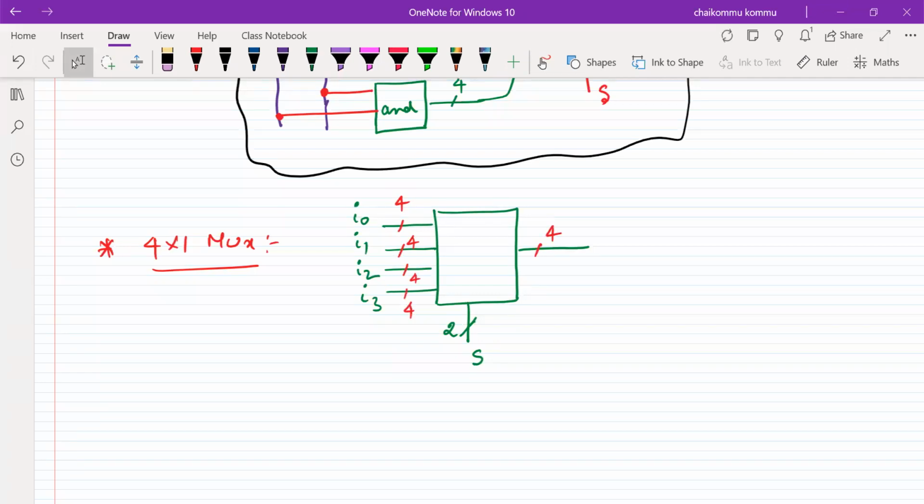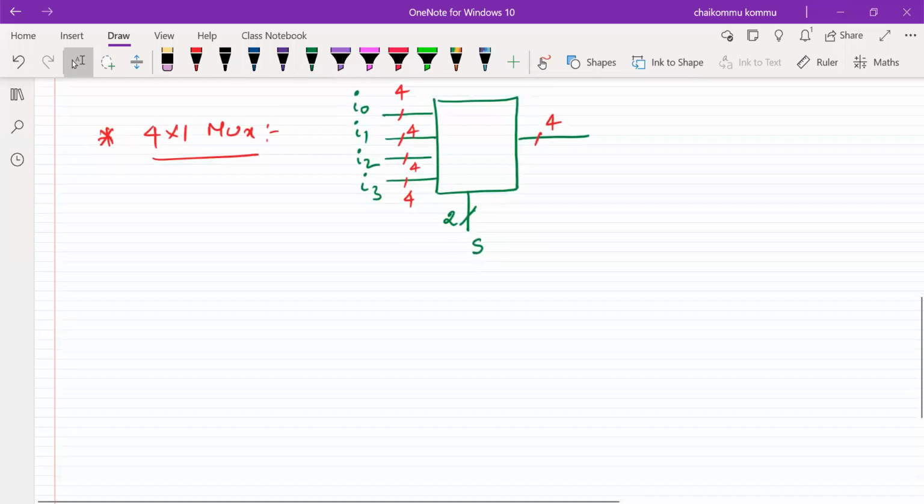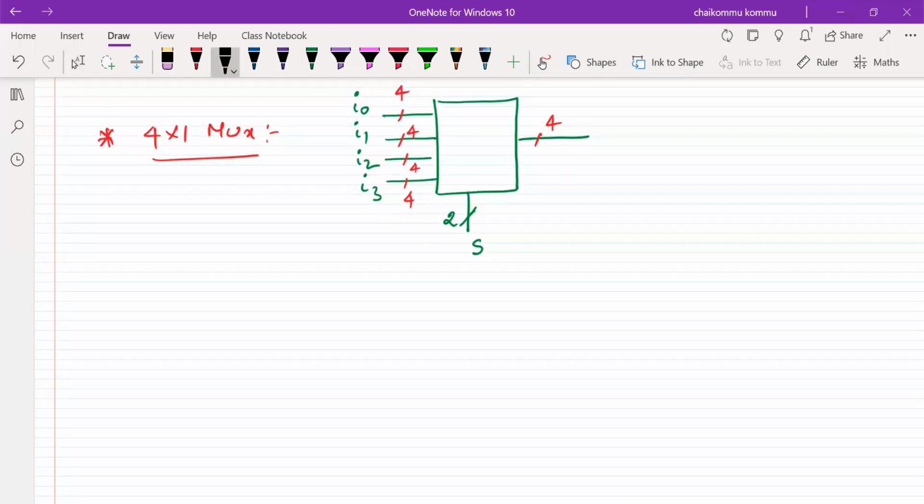So drawing the multiplexer by using the gates is very difficult. Single bit size, okay, we can do it anyway. But it is very difficult to design the 4x1 multiplexer of size 4 bits for each and every line. So is there any other alternative? That means gate level modeling is very difficult to write. Therefore, is there any other alternative that we have to check? It is difficult.